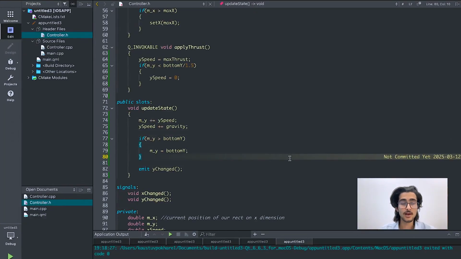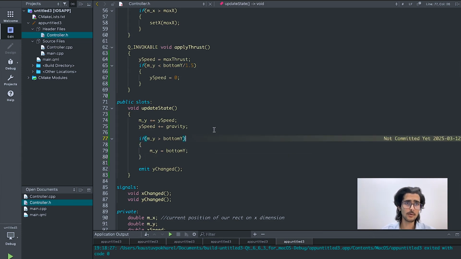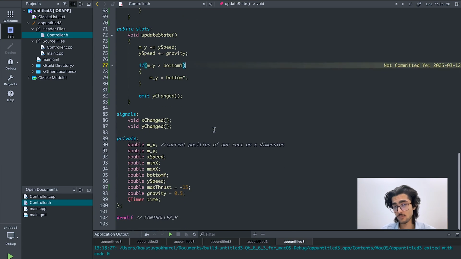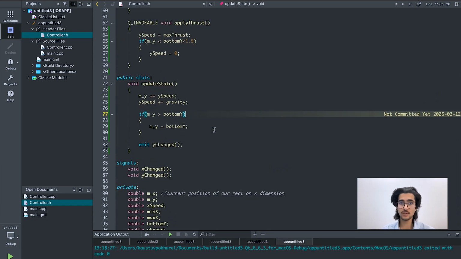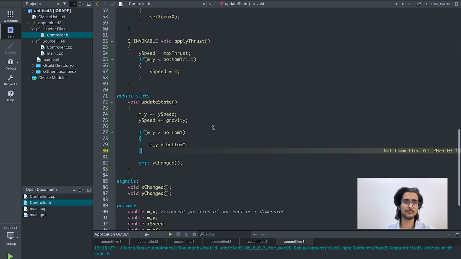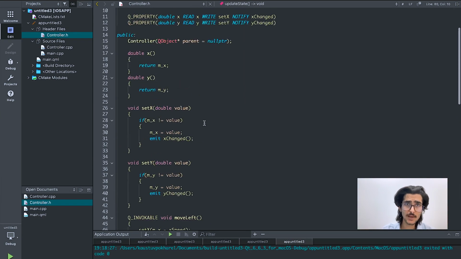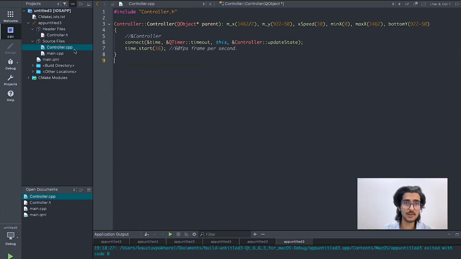Hey there, so in our last tutorial we saw how to restrict our rectangle from going beyond the center of the window, and now we are finally moving towards shooting a bullet with our rectangle, like shooting it with our space key on the keyboard. But before doing that, let's quickly manage this code, because we don't have these implementations inside our source